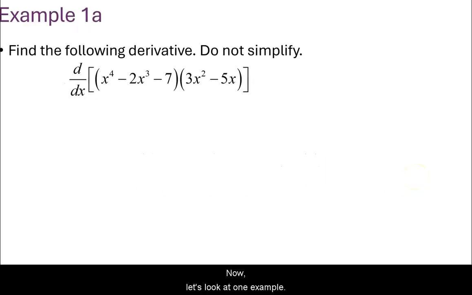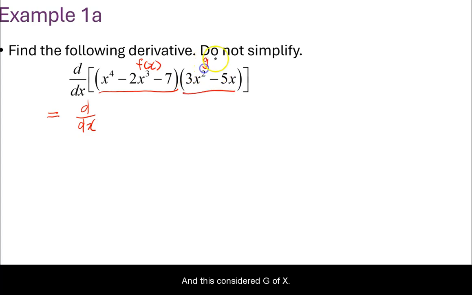Okay, now let's look at one example. Find the following derivative. Do not simplify. According to the product rule, this should equal the derivative of, well, this is considered f of x, and this is considered g of x. So according to the rule, let me write down the rule first. That's